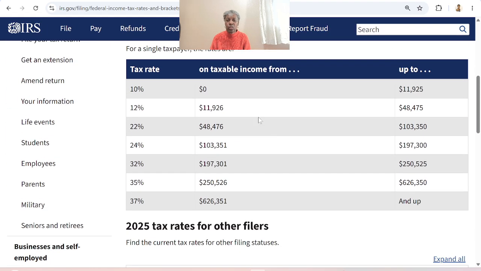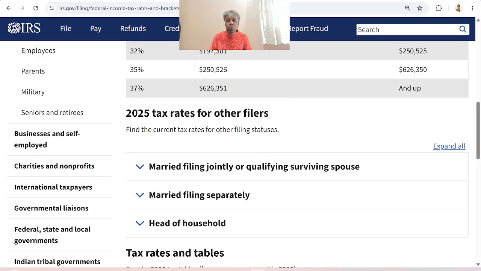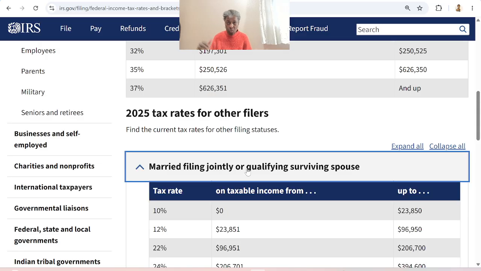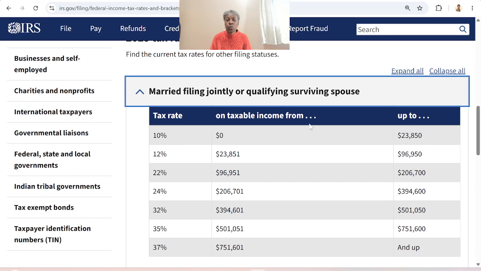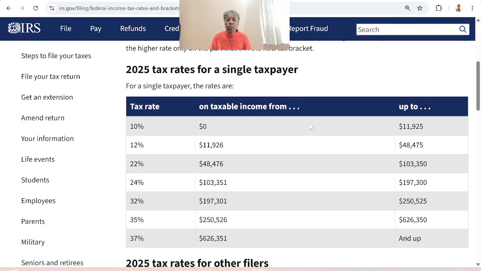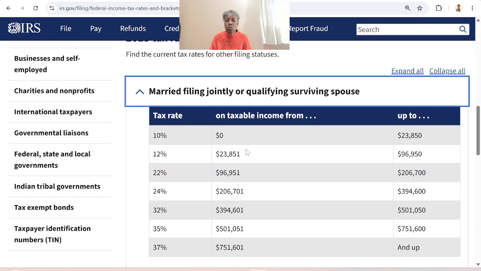You compare your gross income from your 1040, and you choose the tax filer status you use for your taxes. If you file jointly, you click on that. If you are single, you choose single, and you look for the tax bracket that your income falls within. For instance, between